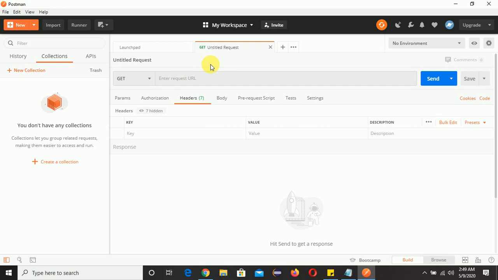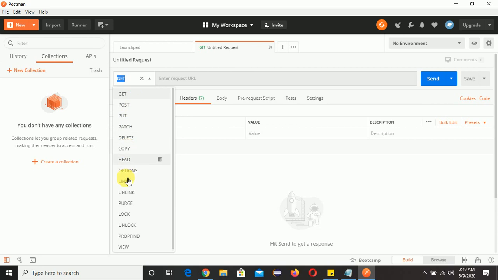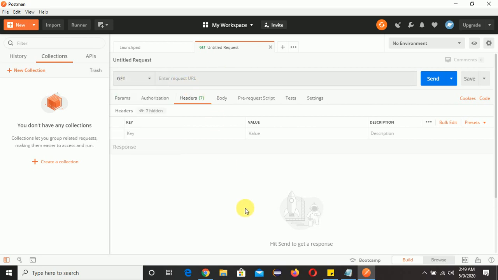Coming to this part, you can see many requests are there, like GET request, POST request, PUT request, PATCH request and DELETE request. These are the requests which we are going to use in future. Mostly we'll use GET, POST, PUT and DELETE. These four are the most commonly used requests which we are going to use in my coming videos. In the case of a URL, you just need to put the URL here and send it, and in the response you'll get those things.